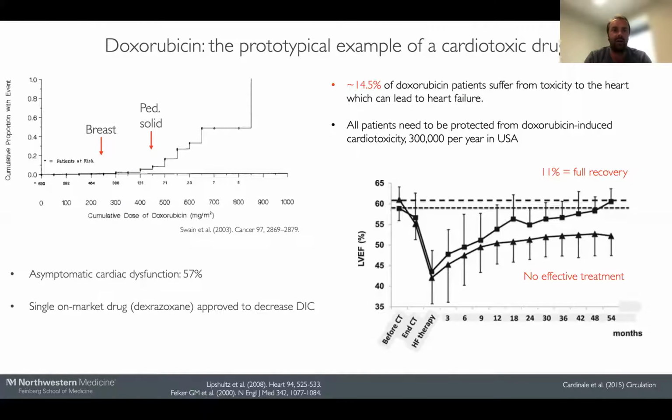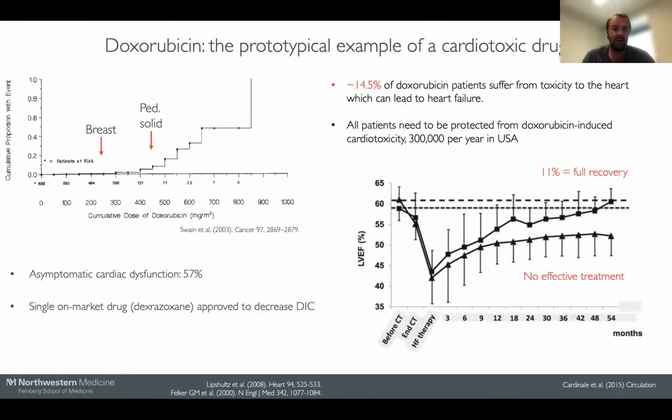So you've already had an introduction to this. From an in vitro model standpoint, the important thing to know about doxorubicin is if you give a patient a high enough dose, then they will essentially certainly have cardiotoxicity. In vitro, that's really important because that means we can just give the cells a very high dose of doxorubicin, and then we know what our cardiotoxicity phenotype will be. Of course, in patients,